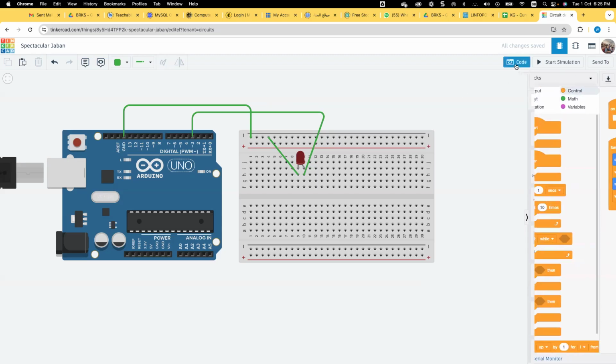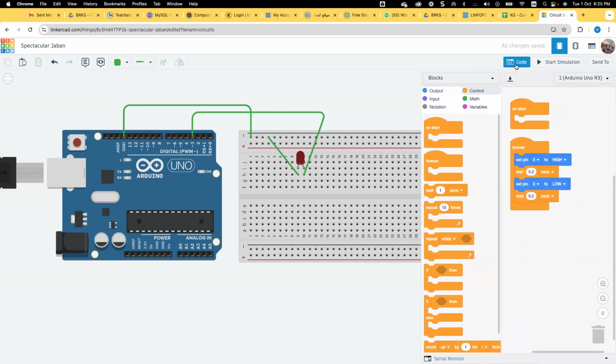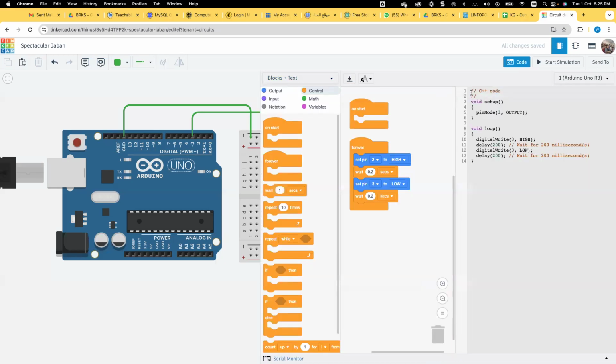But if I click on code, just follow my steps. Here, it's the block coding. If I click on the drop-down menu, I can see that I have an option for blocks and text. If I click on blocks and text, look how the blocks are automatically translated.